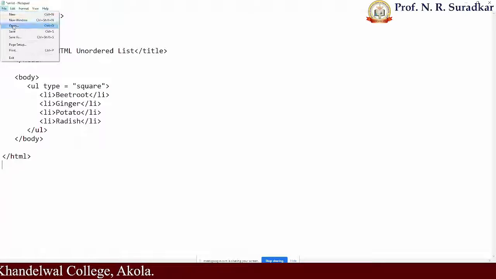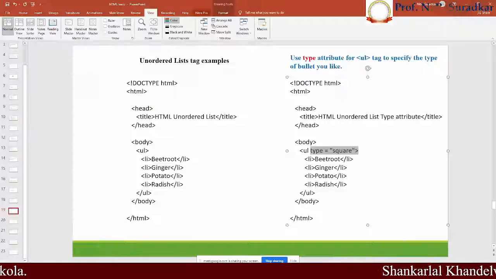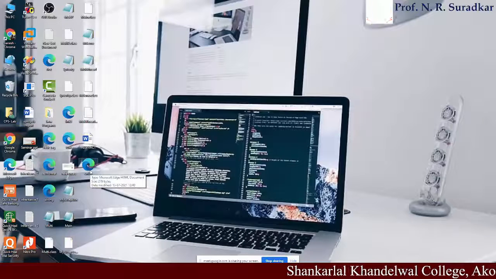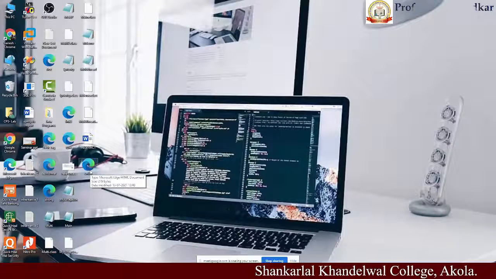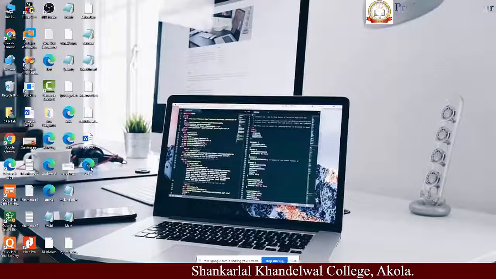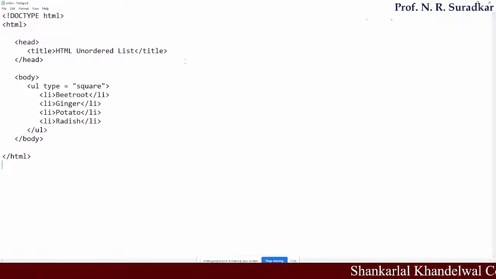Then go to the file menu and save the changes, using Ctrl S or by clicking on the file menu. Then again go to the desktop, click on unlist, because we have made changes to the code. Double click on it. The bullet is now of square size, the particular change we made in that type.